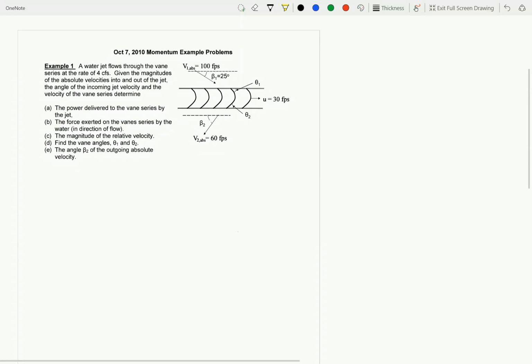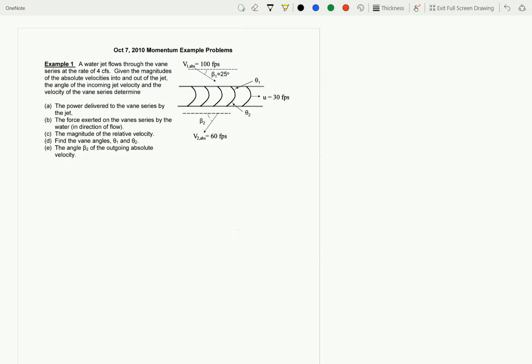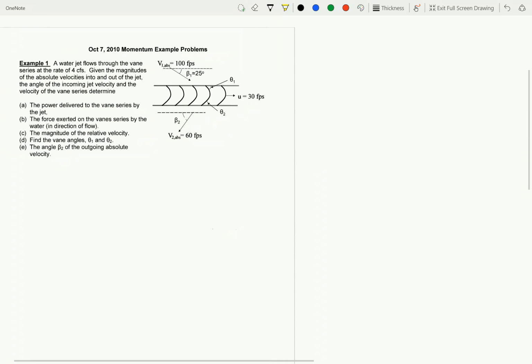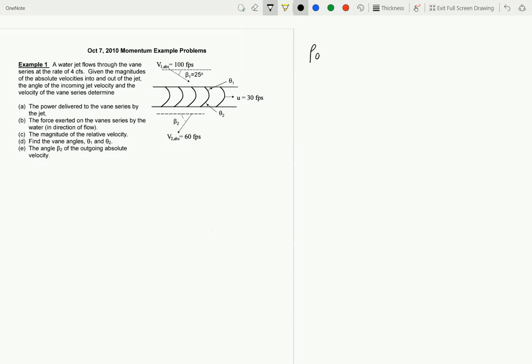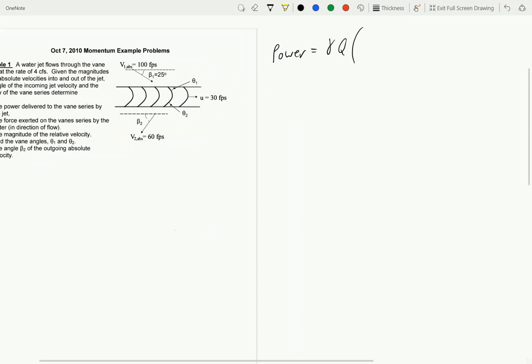Okay, so here we have a multiple vane problem, and it asks us to find a series of different things throughout the problem, the first of which is the power delivered to the vane series by the jet. Now, when you are taking an exam or doing homework, you'll have your equation sheet with you, and on there is an equation for power, which is power equals gamma times the discharge Q